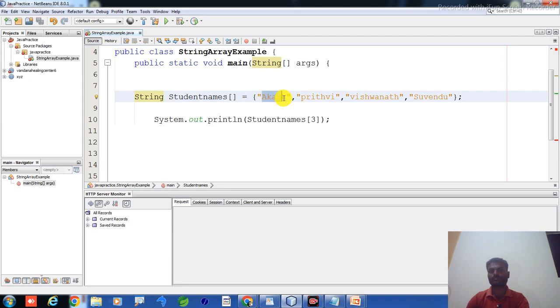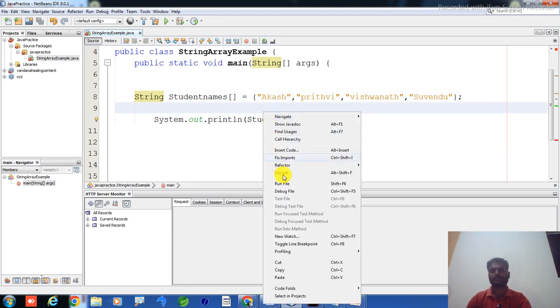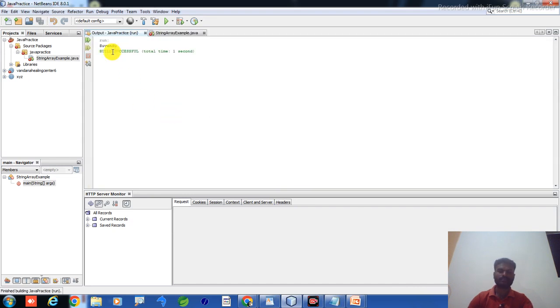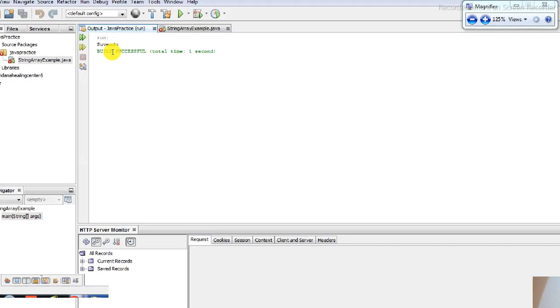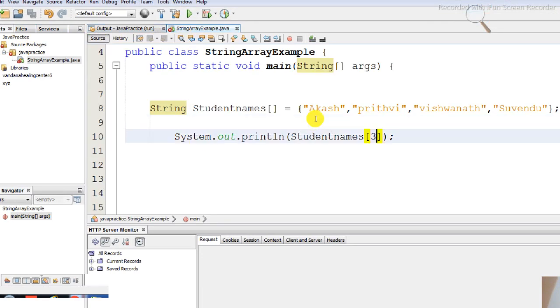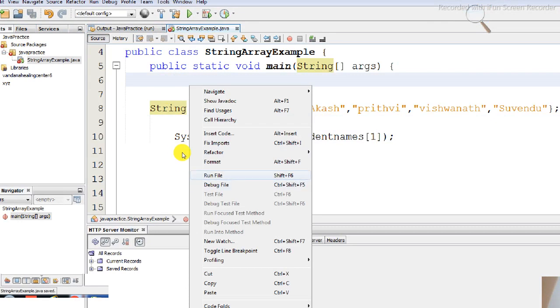The 0th index is Akash, first index Prithvi, second index Vishwanath, third index Suvendu. So 0, 1, 2, 3. The third number I am going to call here. Suvendu is printed. If I mention one here, it is going to print Prithvi.